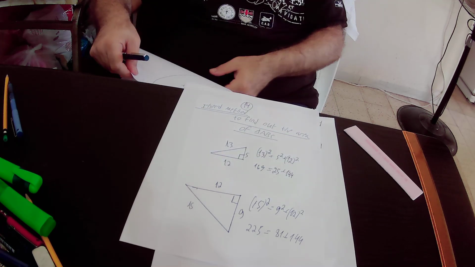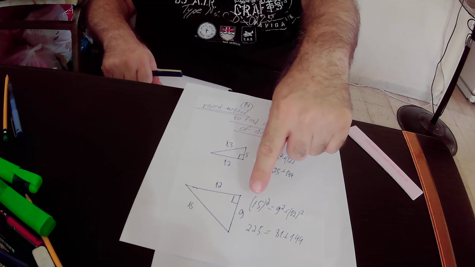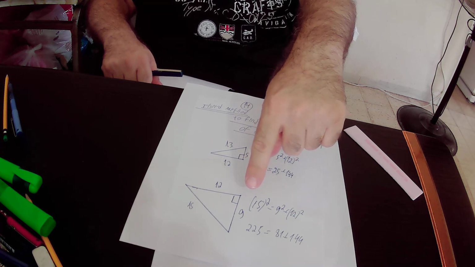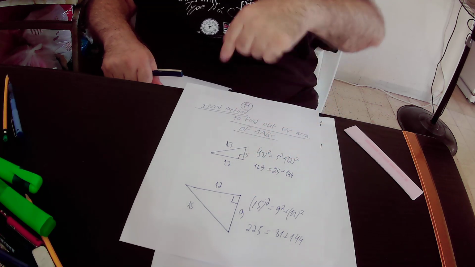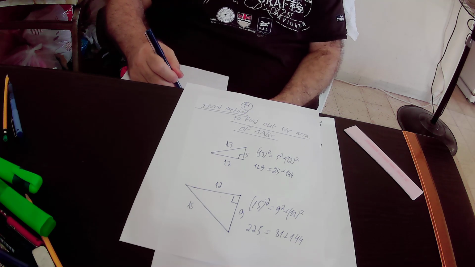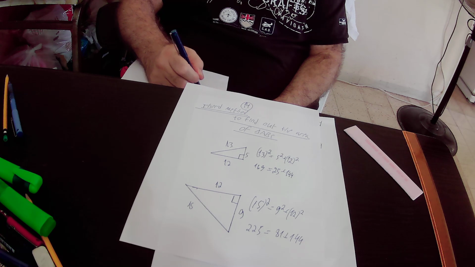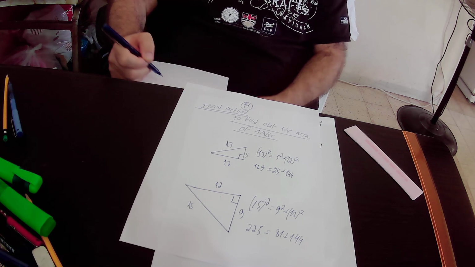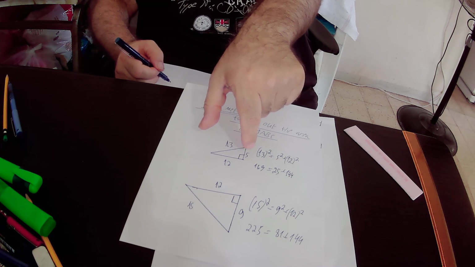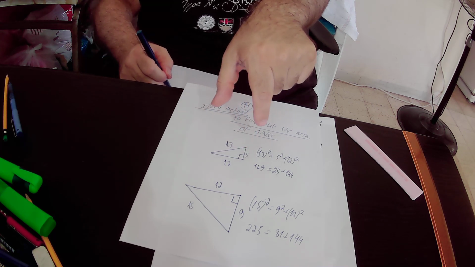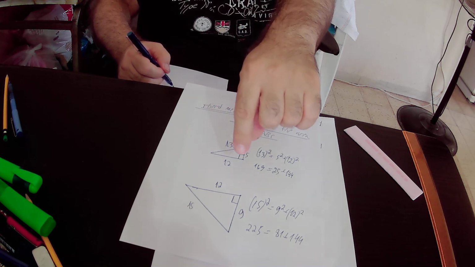So the base of triangle ABC equals 9 plus 5, that is 14 units, times the height to the base, which is 12 units, and again the height must create 90 degrees with the base, and indeed